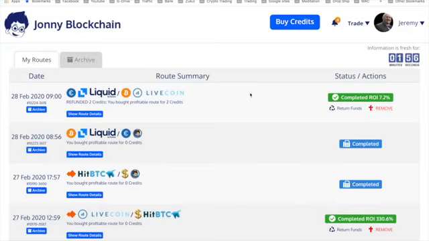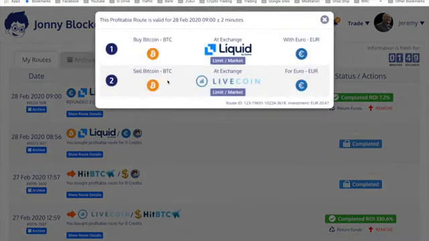So as you can see here, my last trade that I did was with euros. And the robot did all of this trade. This is what's called a true arbitrage. It means I had both currencies needed, which in this case was euros and Bitcoin, on both exchanges. So on Liquid, I would have had euros, and on Livecoin, I would have had some Bitcoin. So there was no withdrawing. I didn't need to log into Liquid or Livecoin, and the robot did all of this trade